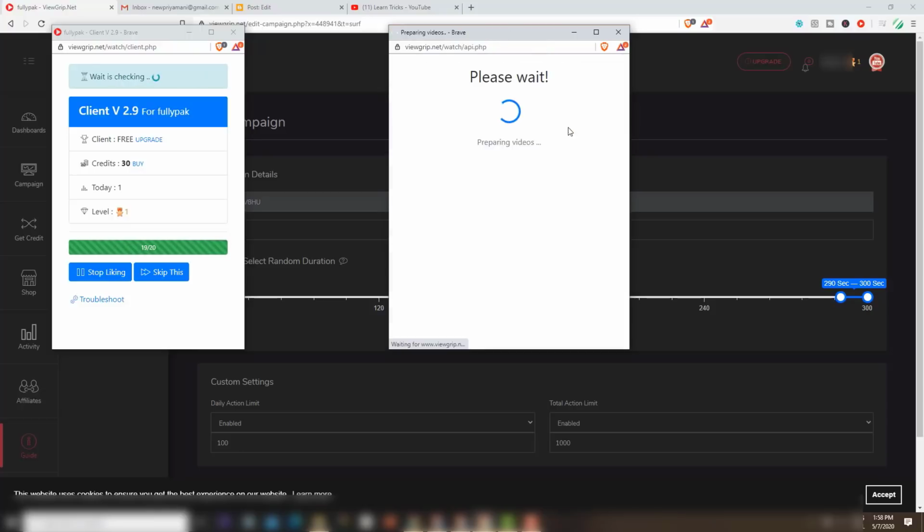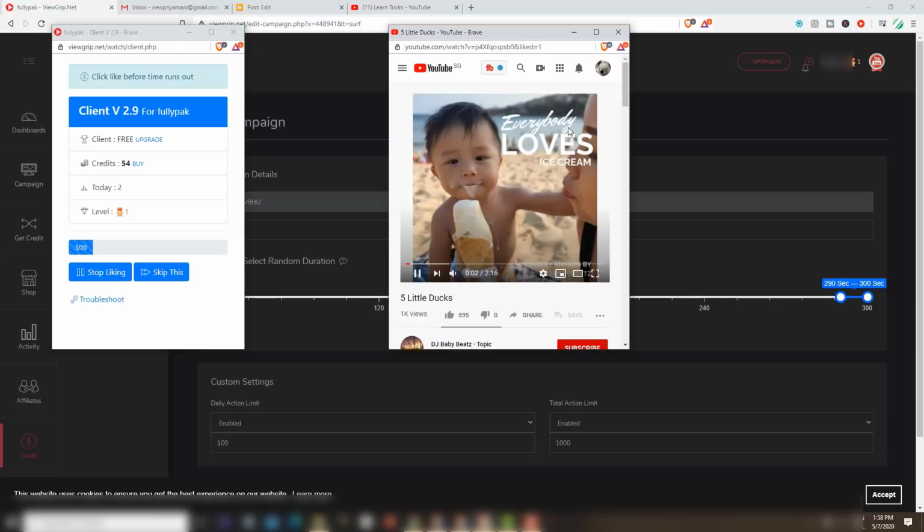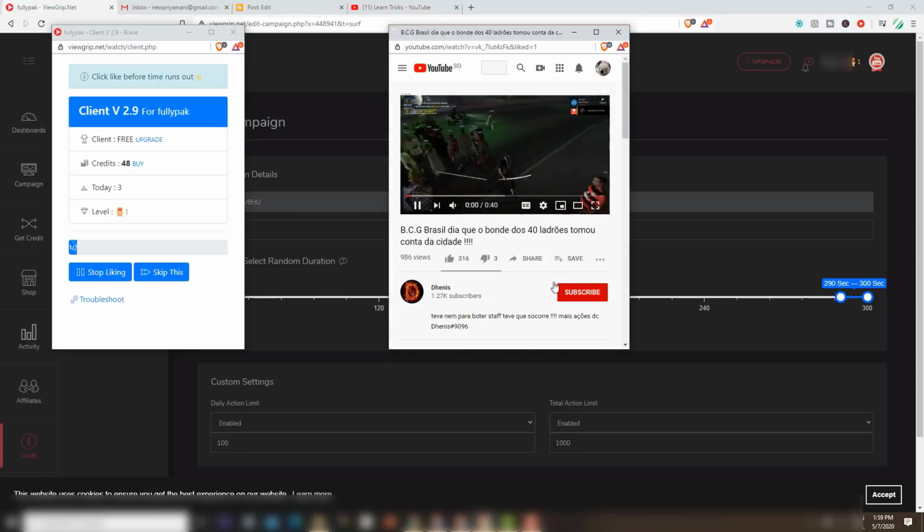That means in 1 hour you can earn a lot more points by the liking option than the watching option. But with the watching option, you don't need to do any clicking manually. You just open the client and push it down, and you can do other activities. But for liking, you have to do it manually, because I tried with iMacros and this site is not working for iMacros, but I'm checking with my expert. Sooner or later I will come up with some bot for this particular site, but as of now I do not have any script. So you have to do it manually.